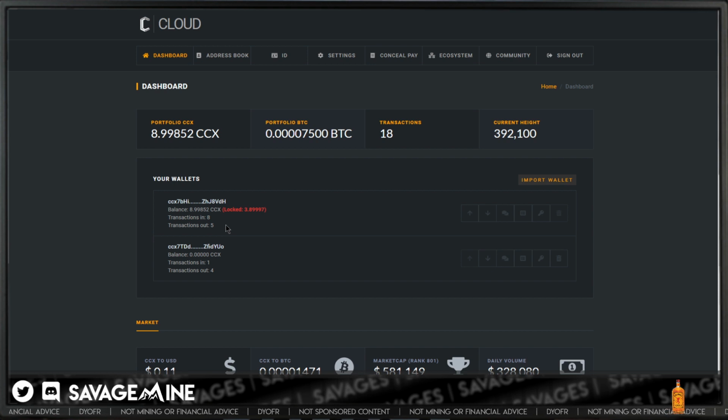And of course, if you're running a web server, it's not instant, right? So you have to wait on replication. You have to wait on things to actually get through the network before they're fixed, depending on how many servers they're running their website, their cloud wallet, from. So it took a little bit before it was actually propagated throughout the network. So it's good to see this working. I don't think I have to refresh or anything. I think it updates on its own.